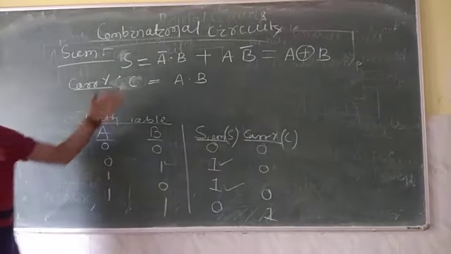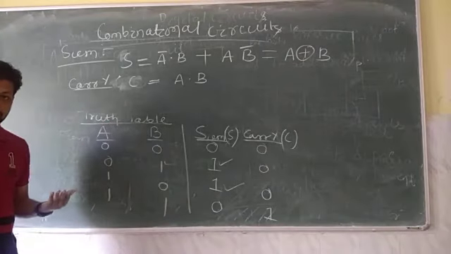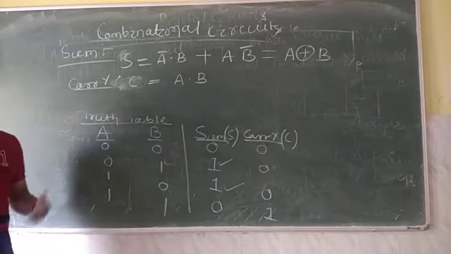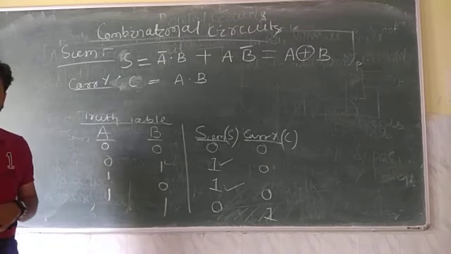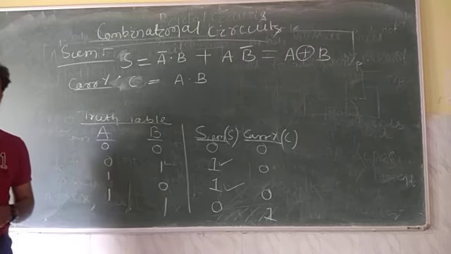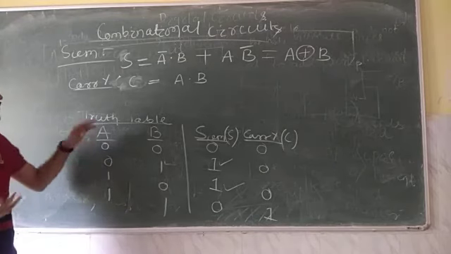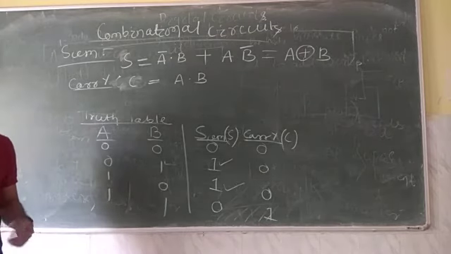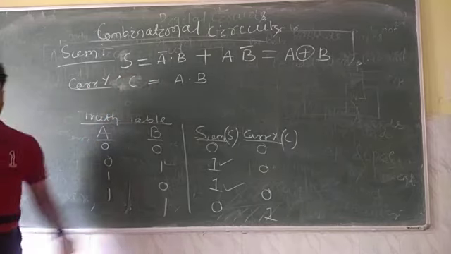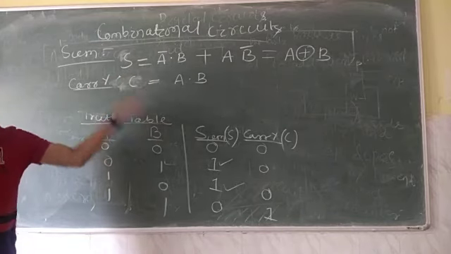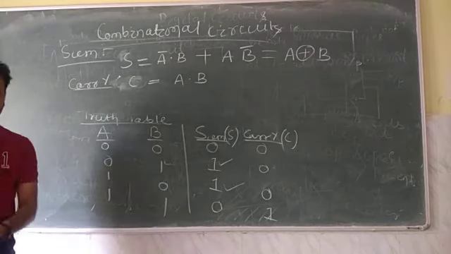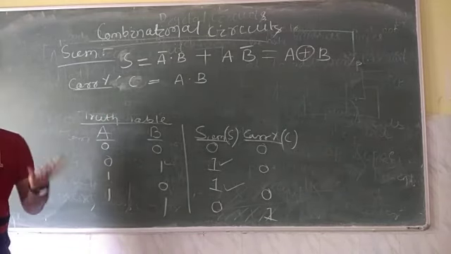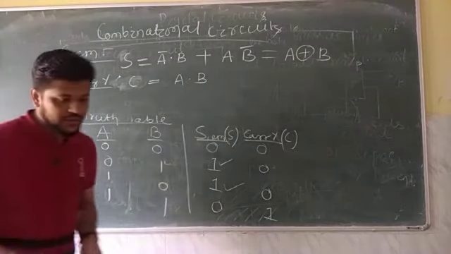So now I have written the logic expression. First, remember we have to decide the number of inputs and outputs. Second, construct the truth table as per your requirement. Third, from the truth table write the expression. Since this cannot be minimized, I am directly writing the output expression. Now the last step is to implement using basic gates. So how to implement that?